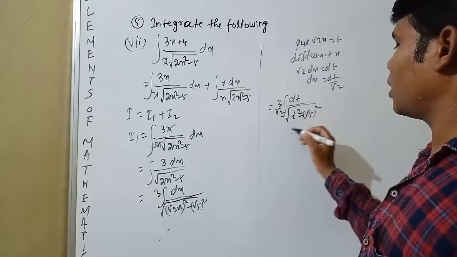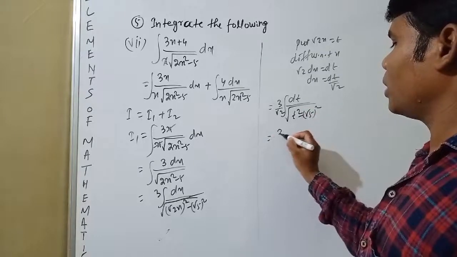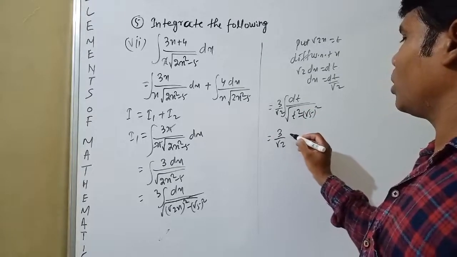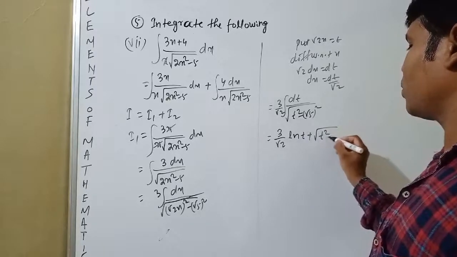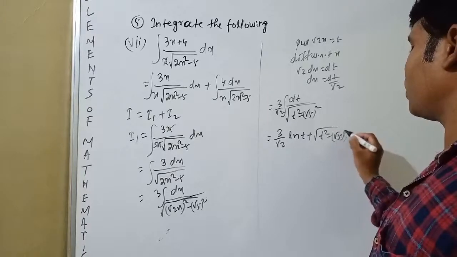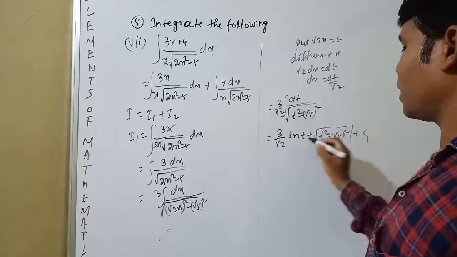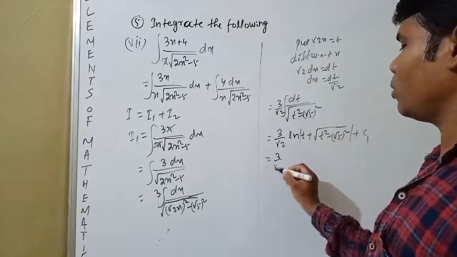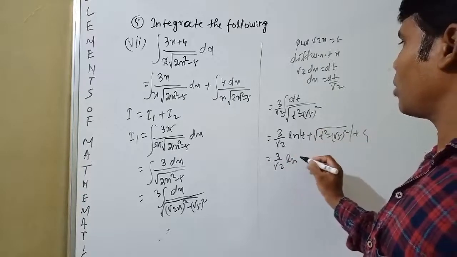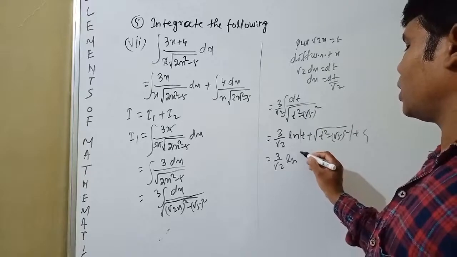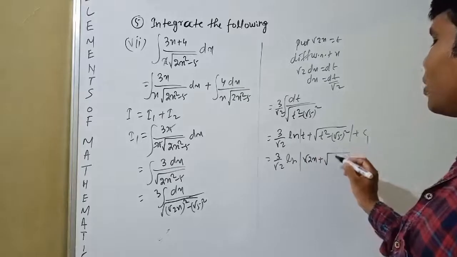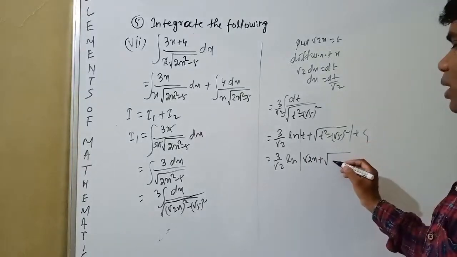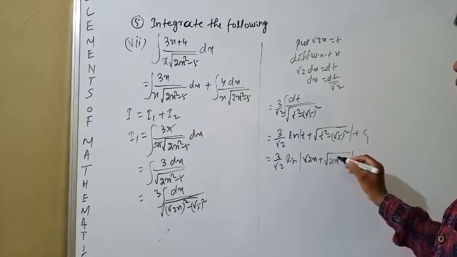Okay, is equal to 3 by root 2 ln t plus root over t square minus root 5 square plus c1. Okay, is equal to 3 by root 2 ln, how much is t? t means root 2x plus root over t square minus root 5 square, and that is 2x square minus 5